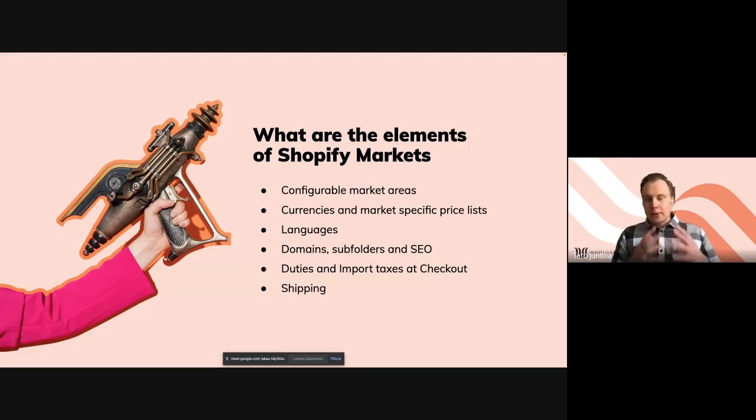So after that there is a logical market that you are focusing on. You might want to sell with local currencies in those countries that you are expanding to or focusing on. And from the currency point of view, there are two approaches. You can use currency converted prices, or you can use price lists. Price lists give you the power to have a certain price point in a certain market, and you can have nice looking prices that are not moving or changing all the time,